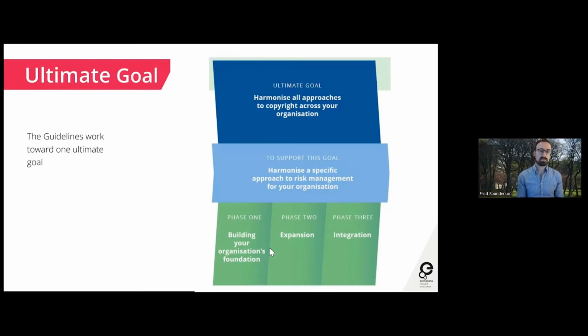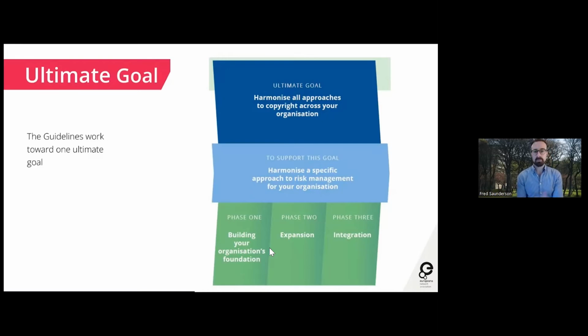It can be extremely difficult to manage with certainty. And so we think it's fundamental that risk and a risk understanding has to come into this, because you will fundamentally be dealing with uncertainty. And so we felt this was the first big and important objective into reaching a harmonized approach: to understand and accept that there's a risk element to copyright, and then to grasp that as an organization and agree how you're going to tackle copyright and what your appetite towards copyright risk is, and develop an approach.